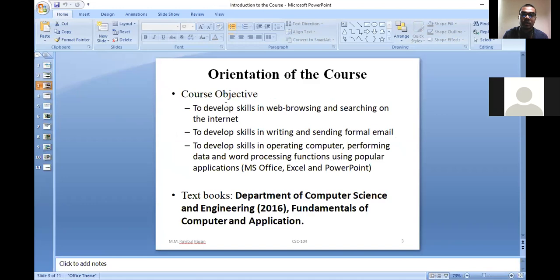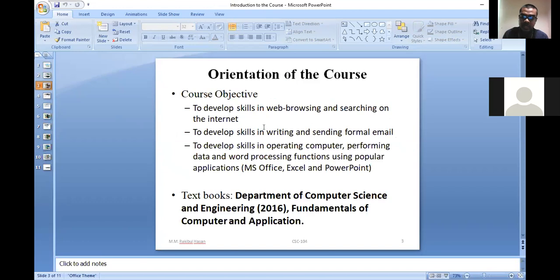Then the course objective. Now we should know about the course objective. What is the course objective of CSE 104? So the first objective they mention here: to develop skills in web browsing and searching on the internet.